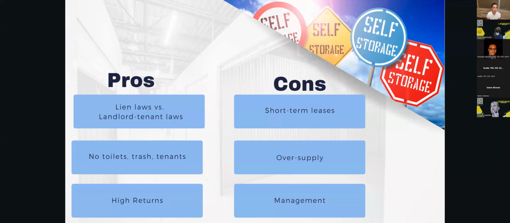Oversupply. So you're seeing a lot of this in big markets like Texas markets, a lot of developing, because essentially self-storage is pretty inexpensive to build. Obviously it's not cheap, but it's less expensive than building a whole apartment building, right? So because of the demand and the cheaper cost to build, in these really big markets, you're seeing an oversupply. And so a lot of people that I speak to, they like secondary and tertiary markets for that reason, because there is not that oversupply.